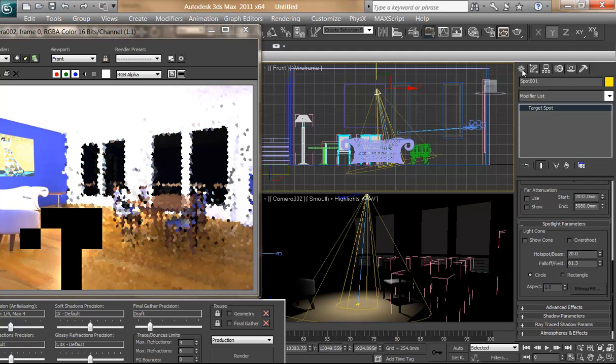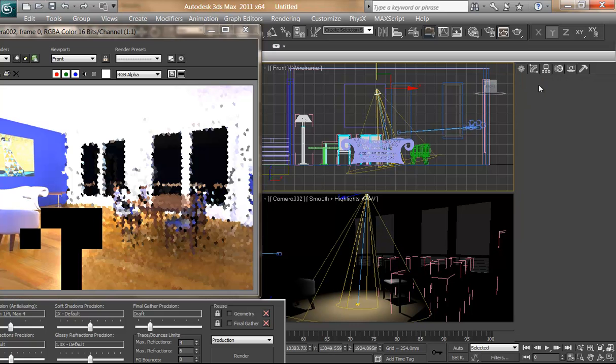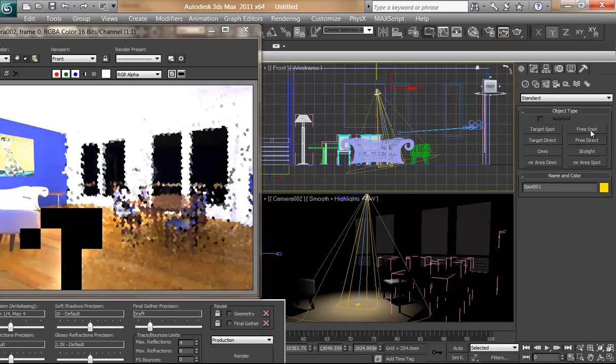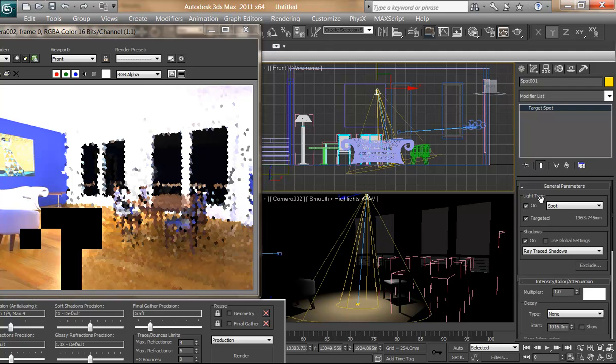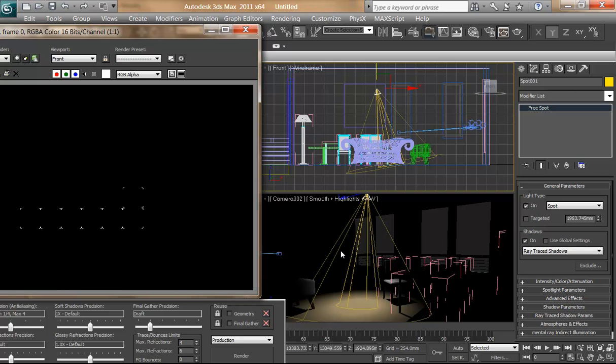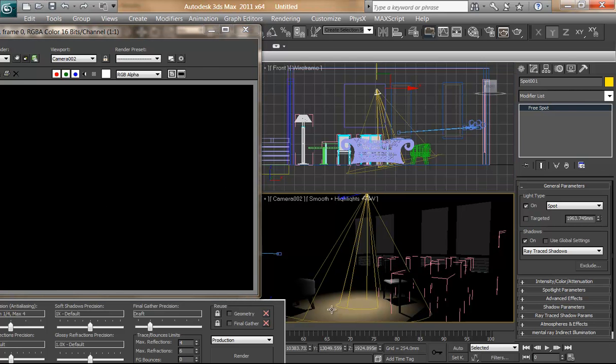So the only other major type of light, firstly, I should just show you the other kind of spotlight. So you've got spotlights with targets, and then you would have seen on the Create panel, you've got free spots. Now I can make this target spot into a free spot simply by turning targeted off. You can see it doesn't change the light in any way. It'll still render exactly as it did before. So the only difference is that I don't have a target. Oops, wrong viewport. I don't have a target that I can select,